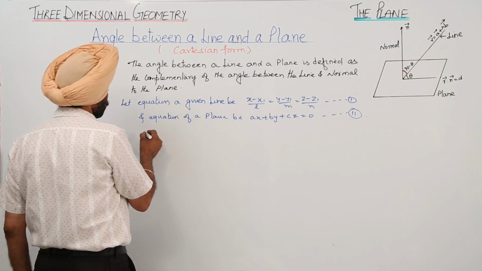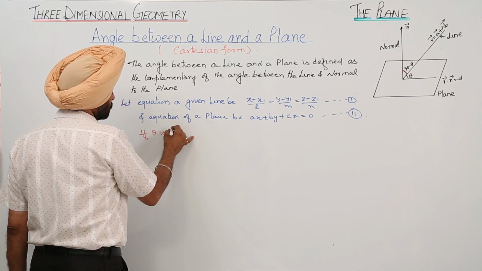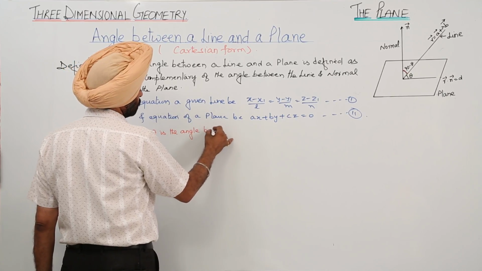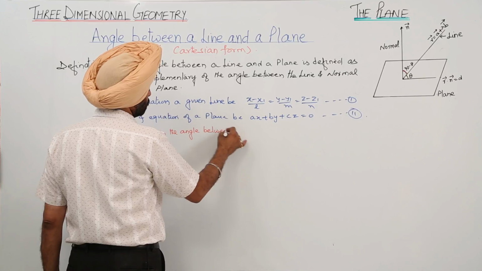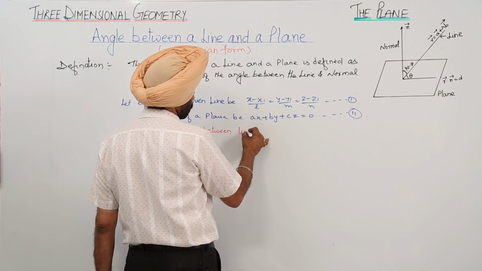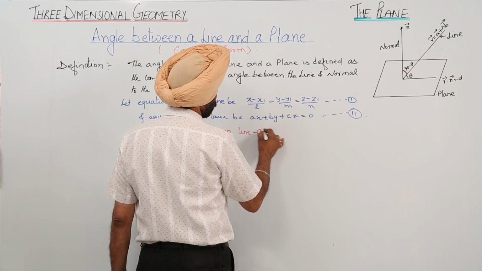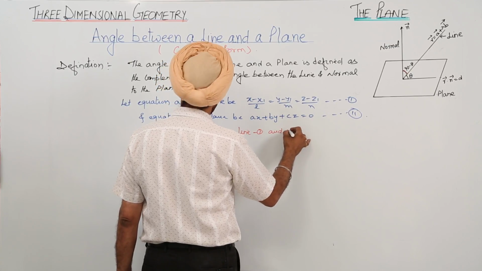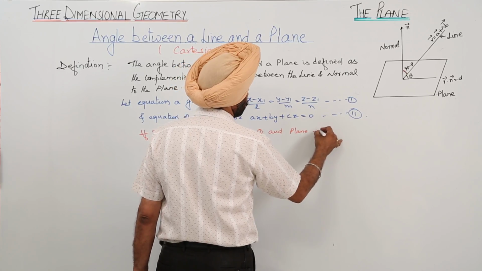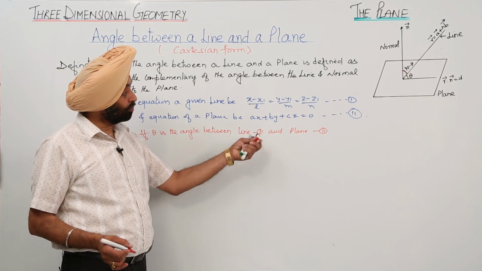Now, if theta is the angle between line 1 and plane 2,